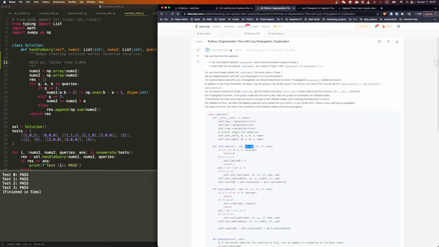Self.len, and this equals 1. I'll return 1, and then we do this if they're not the same. Oh, you don't have to do this because you already checked. Anyway, you initiate this. You didn't even do UL and UR because for initiation, you just have the range, right? If the range is outside the range, return 0, the length is 0. If it's 1, it'll become 1. Otherwise, you'll get